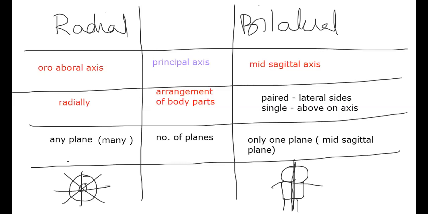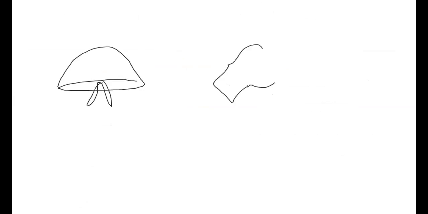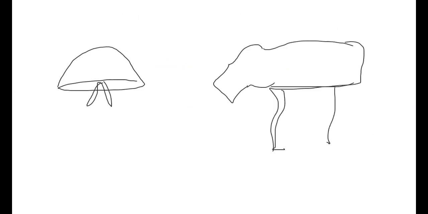Then, to understand the link with the nervous system and the evolutionary process of development, I'm taking two examples here. One representative I'm taking from radial symmetry, and one animal I'm taking from bilateral symmetry. Don't focus much on the picture I drew. Definitely it seems to be some animal, isn't it? That is enough.